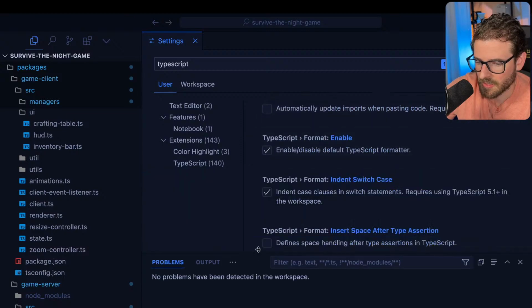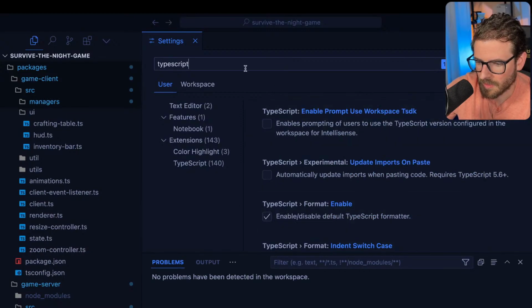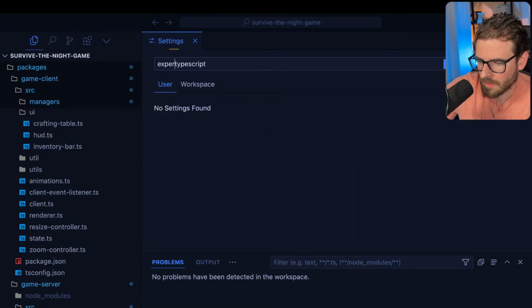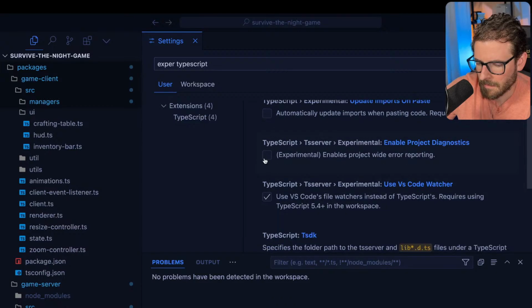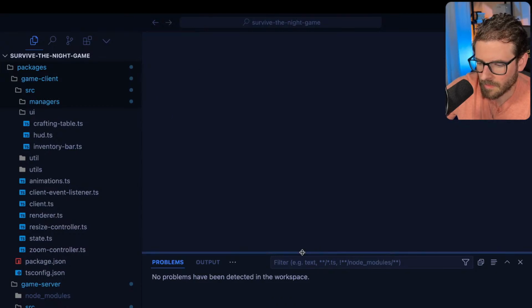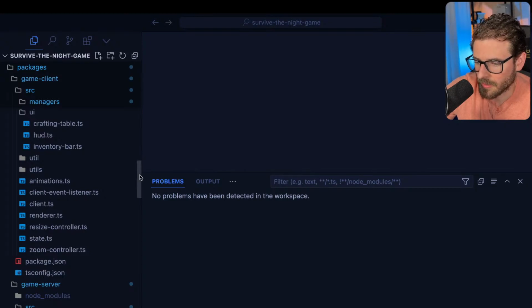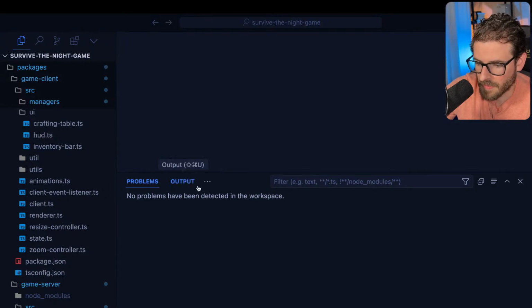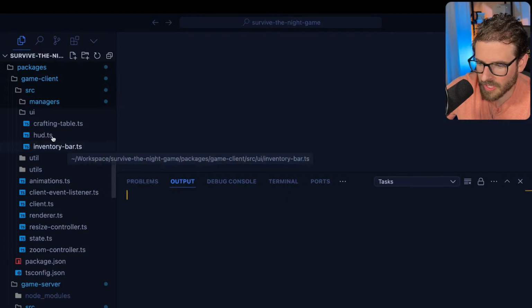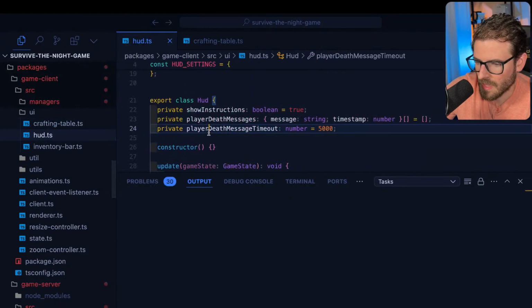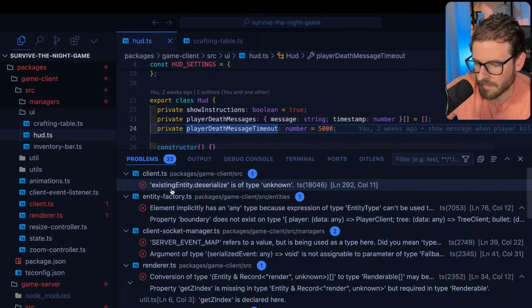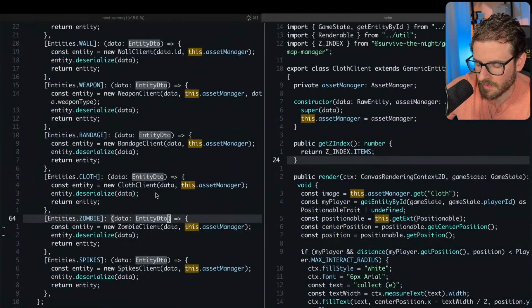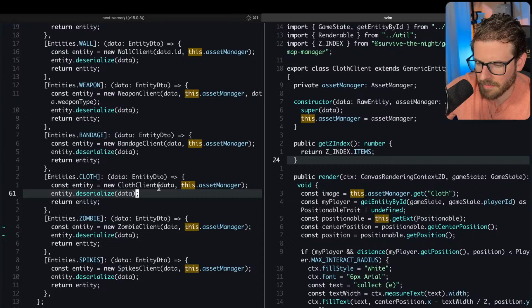There's an experimental TypeScript flag in here that you can use. Here we go. This will dive through all of your code and tell you every single thing that you've messed up, because I think it only tells you right now the things you have open. Okay, there it is. It's starting to light up, telling me how bad I am. And so here are all the TypeScript errors that are in my project. And right now, I don't know how to do that in Neovim.